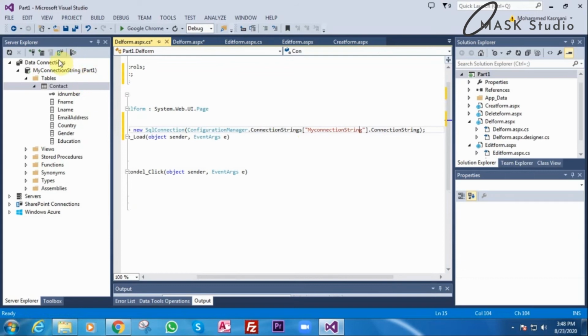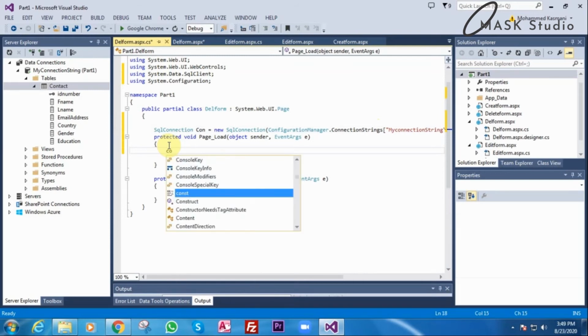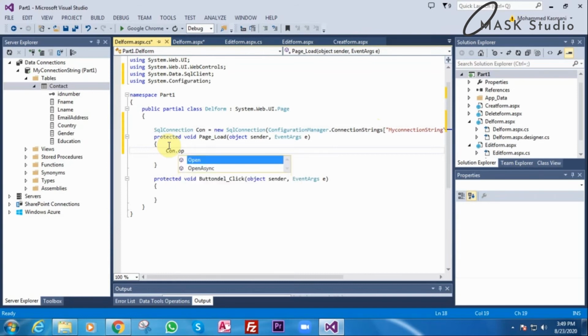And .ConnectionString. Now next is what? Once the page is loaded, this connection should open. So con.Open(); semicolon. Now the connection is open.